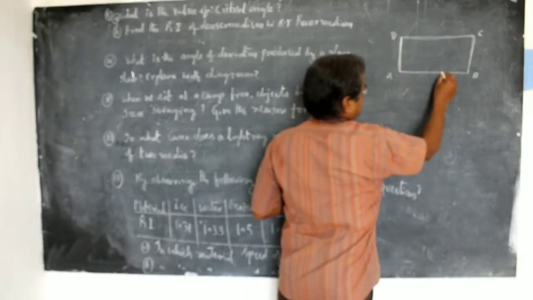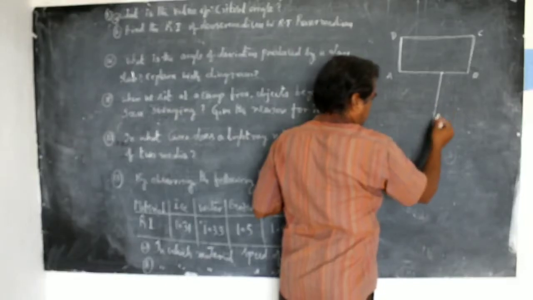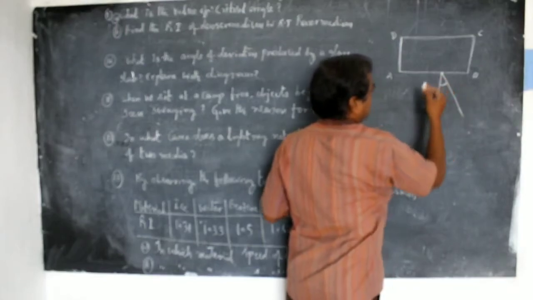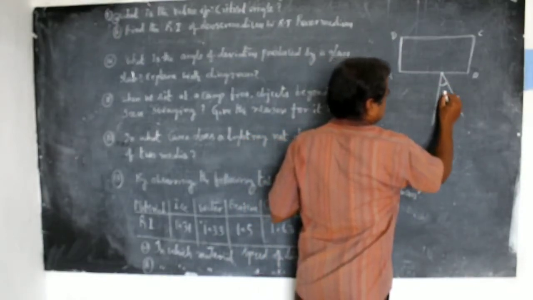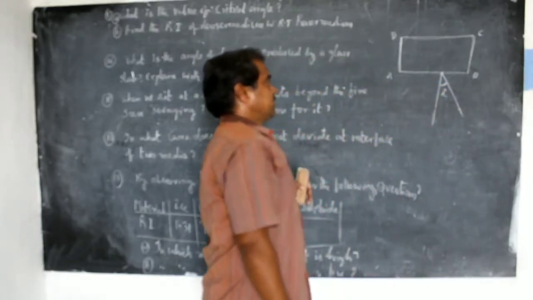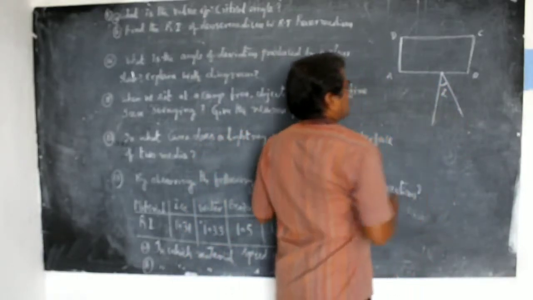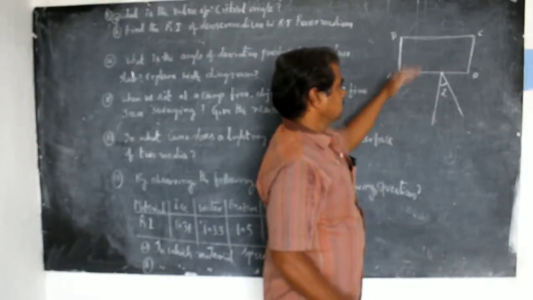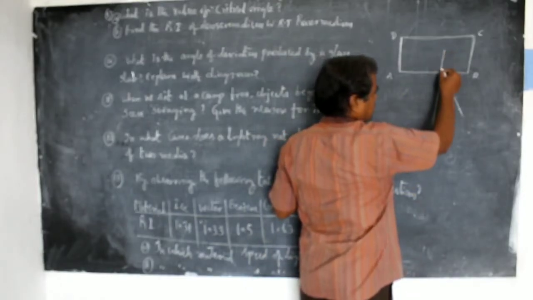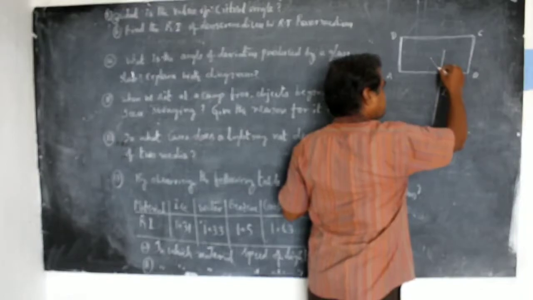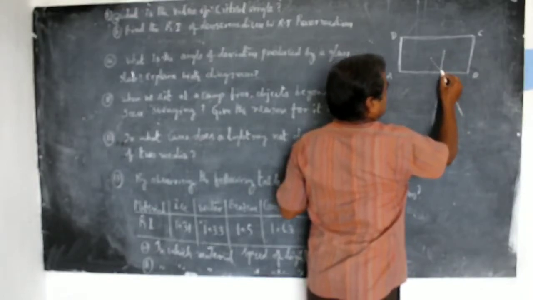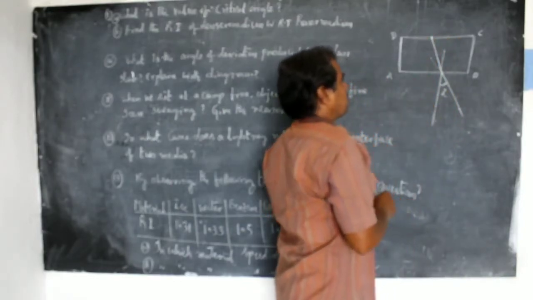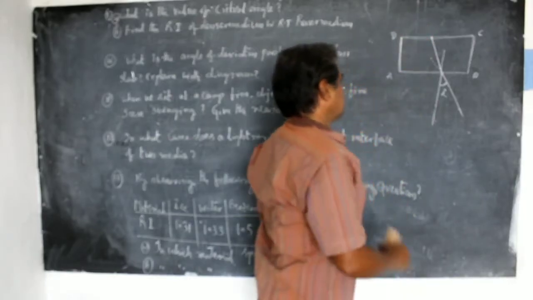Select any one point on the side AB. Draw one normal to that point and draw one more line which makes some angle, and measure the angle between these two lines. That angle is treated as the incident angle. According to refraction, when a light ray moves from rarer to denser, the corresponding refracted ray moves nearer to the normal, so it moves like this and is incident at one point on the other side of the glass slab.